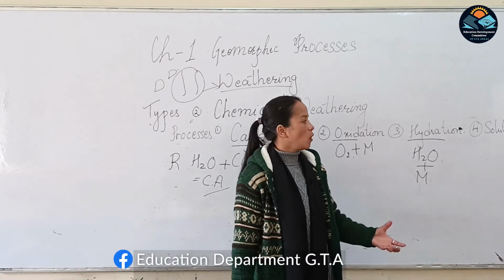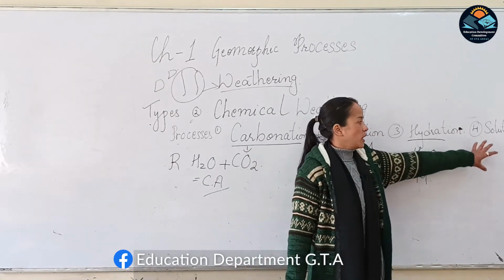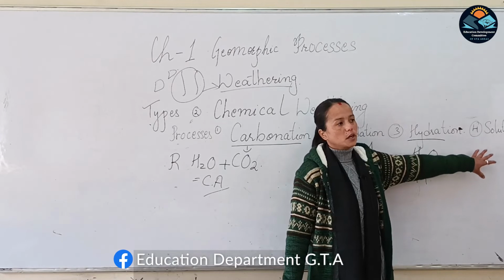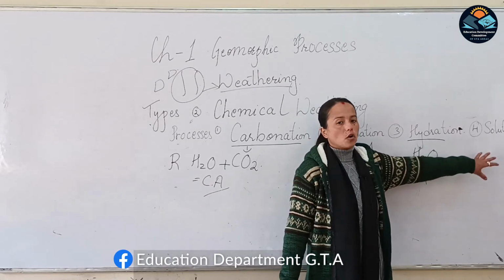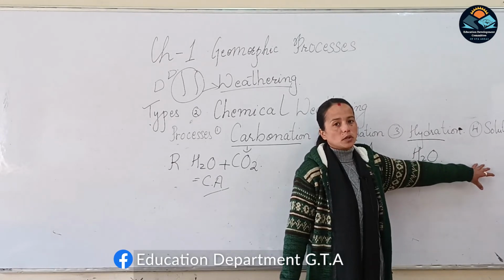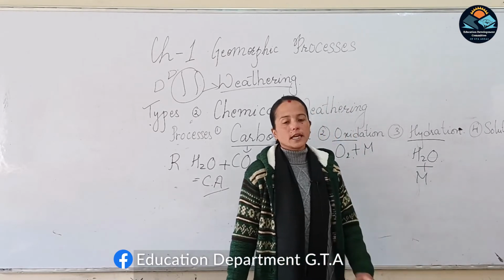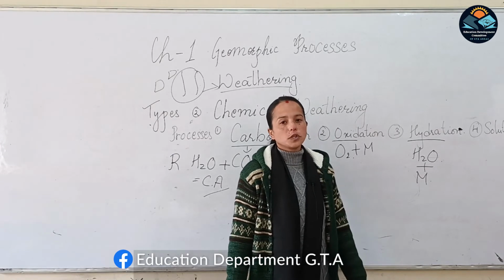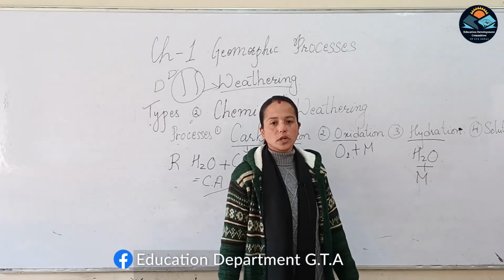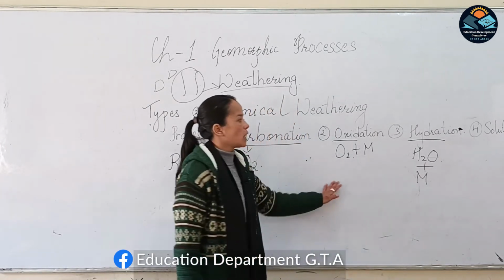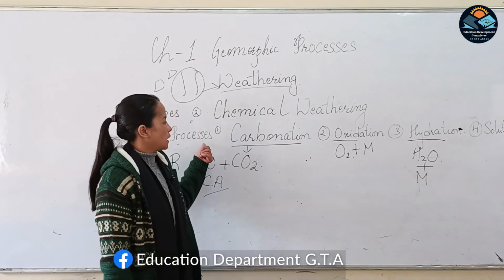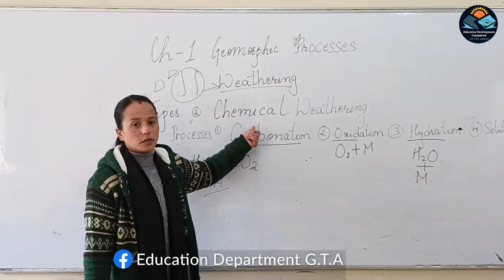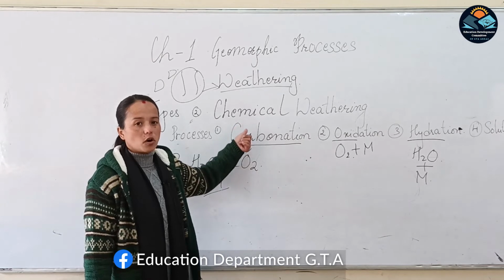When the water dissolves the minerals like rock salt and limestone, the minerals will be taken away by this water, and only the other things will remain, which will make the rock break into pieces. So these four are the processes involved in chemical weathering, which break the rock into